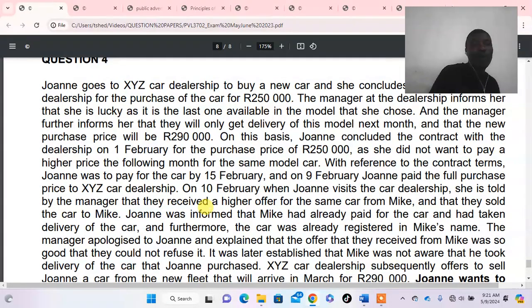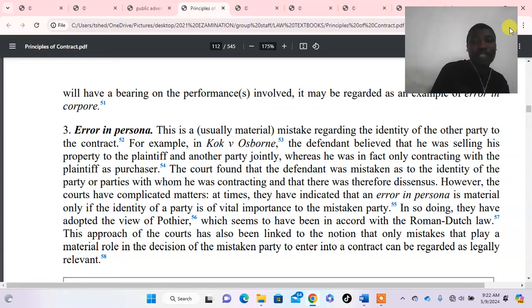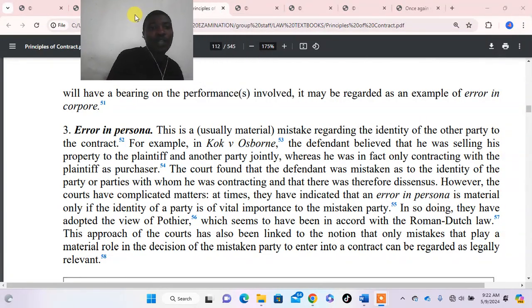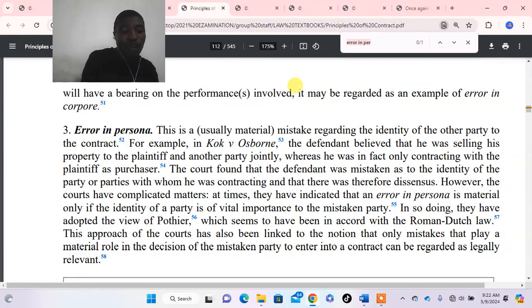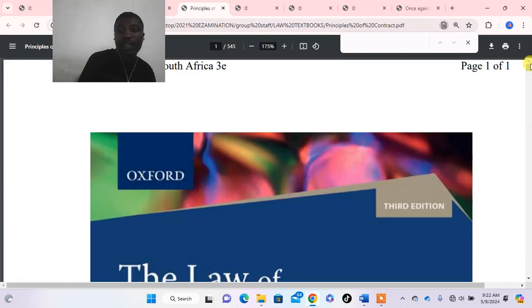So, number one, when you deal with this question, you must deal with the fundamentals of the contract. I won't be writing it down, but I will explain to you. Number one is that the contract is based on good faith. You can go to the study guide here. Let me search for you quickly so that you can know where to start. There's something called good faith. Firstly, on this study guide. Let me just put it back. I know that good faith